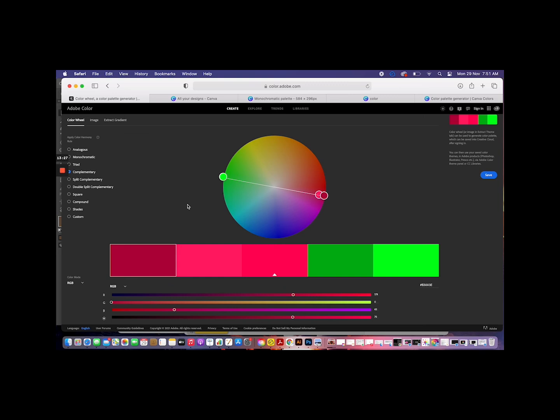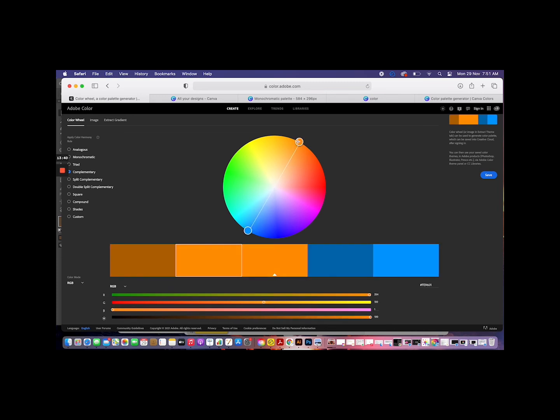So for each of these colors, when I want to make a complementary color palette, I will first take my primary color. Primary color is always a hue. So I will take that and I will move it to opposite sides. Let us take orange, let us take yellow and purple. Now I'm going to move this slightly in, and now you'll suddenly notice that this thing is splitting into several colors.